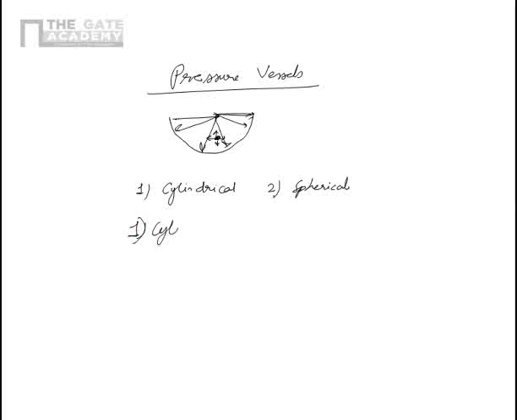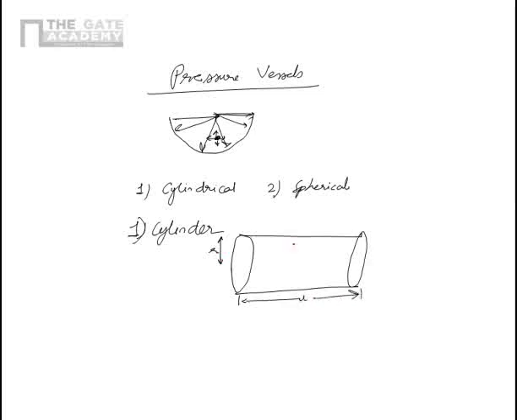Cylindrical cylinder. So how does the cylinder look like? It has a curved surface and it has two ends which are circles. So let's say that this radius is given by r and the length is given by L. So this cylindrical pressure vessel has, let's say, a differential element. The differential element will be exposed to the stresses which are like this.